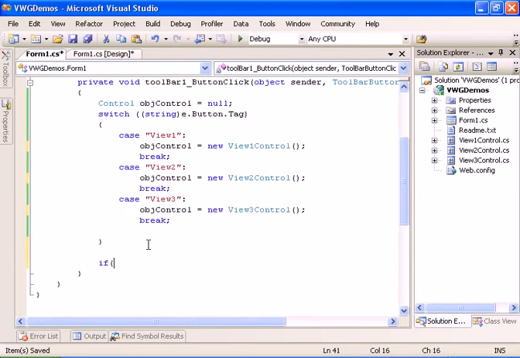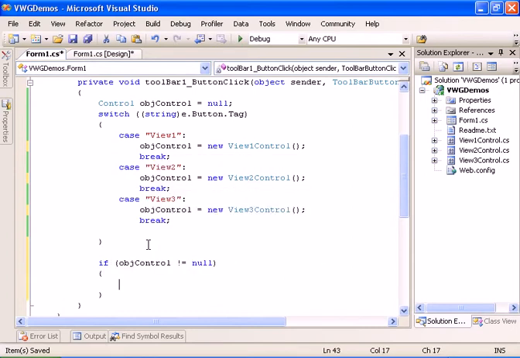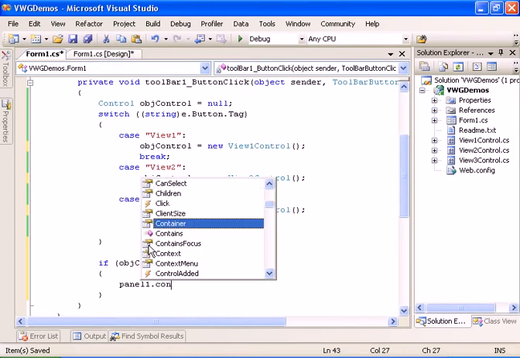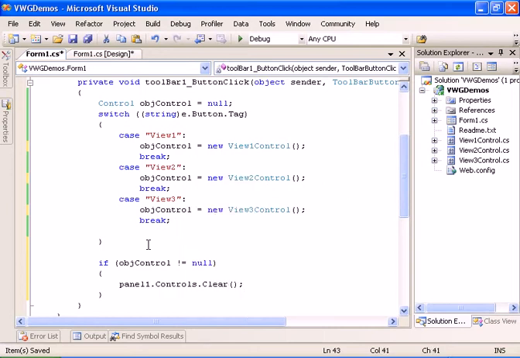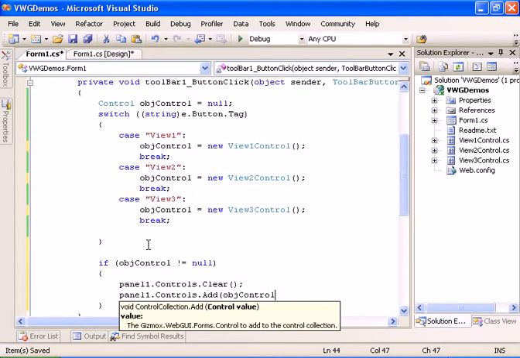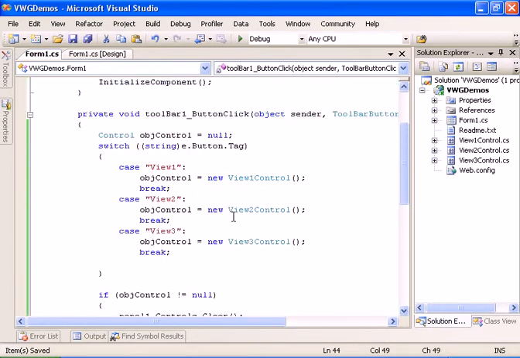Now we're going to say if object control is not null, then we're going to have the panel cleared. We have the controls collection, and we're going to say clear. It will clear the current controls within this panel, and we're going to say panel dot controls add our current control. So now we should have a